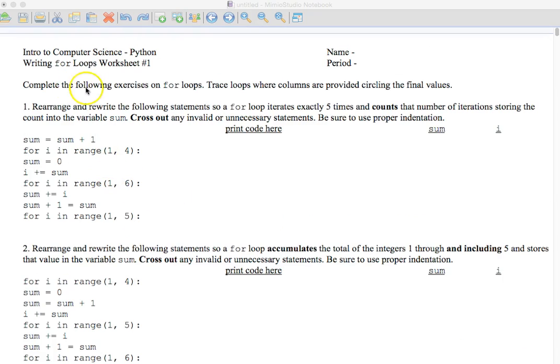Okay, let's look at the directions. Complete the following exercises. Trace the loops where columns are provided, circling your final values over here on the right side. Okay, number one, rearrange and rewrite the following statements. So a for loop iterates 5 times and counts that number of iterations, storing the total in the variable sum. Cross out any unused statements